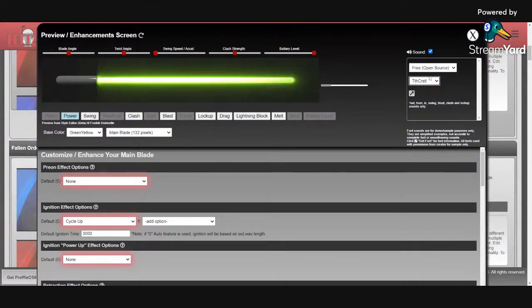So I'm going to start with the free ones just because it's easy for me to handle them, but I do have some samples that you guys have sent me built in. I haven't gotten to all of them yet. But say this style I'm trying to match up with this particular font. I get to preview it, hear it, see what it looks like. If I want to see maybe what it looks like in a different color,